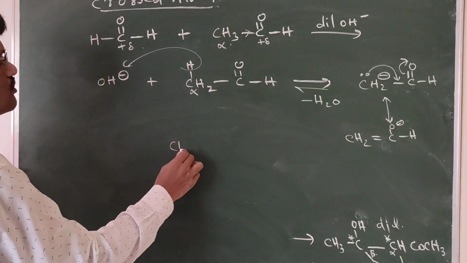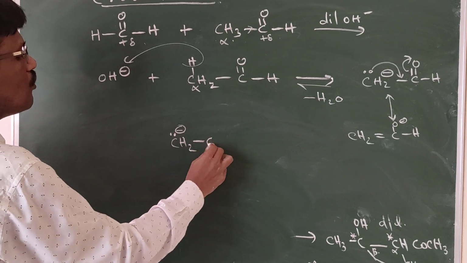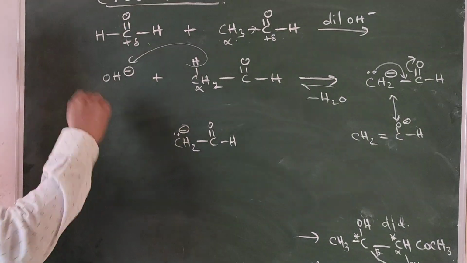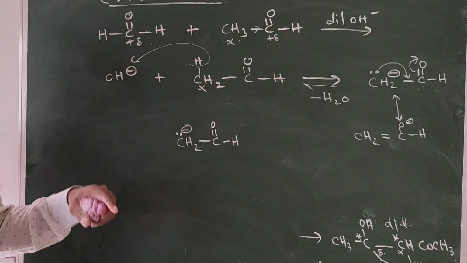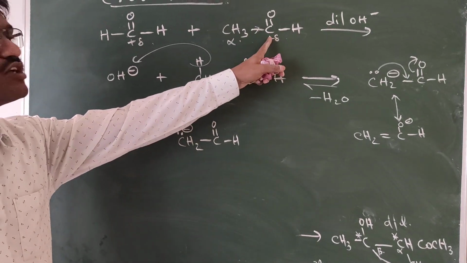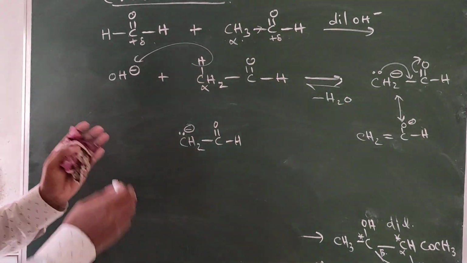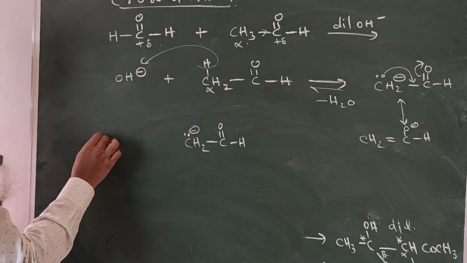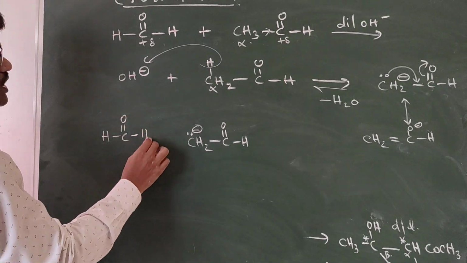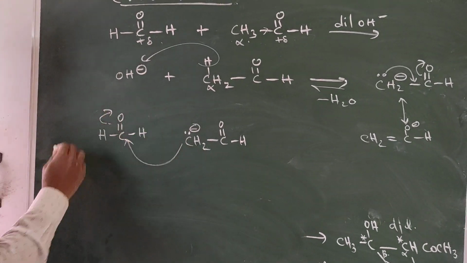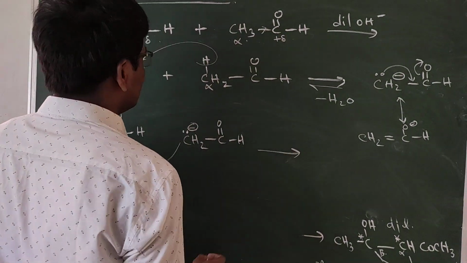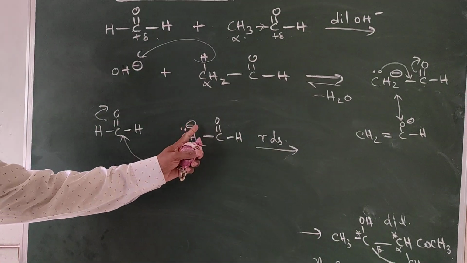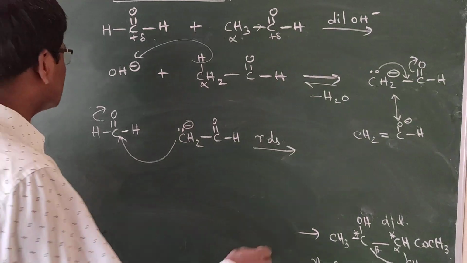This enolate ion will now attack the more reactive aldehyde. Formaldehyde is more reactive because there are no donating or withdrawing groups. In acetaldehyde there is one plus I group, and the deficiency on the central carbon is neutralized to some extent. So this is less reactive, and this is more reactive. This carbanion will attack the more reactive aldehyde, that is, it attacks the carbon and the pi electrons are transferred to the oxygen. This is the rate determining step. Already we know the attack of the enolate ion on the carbon is the rate determining step.